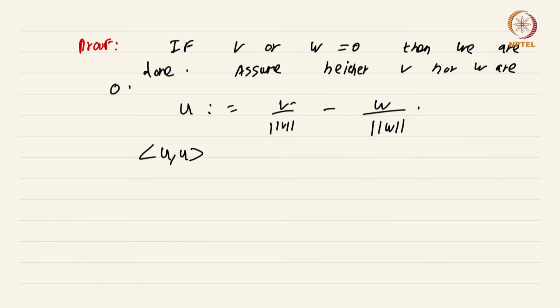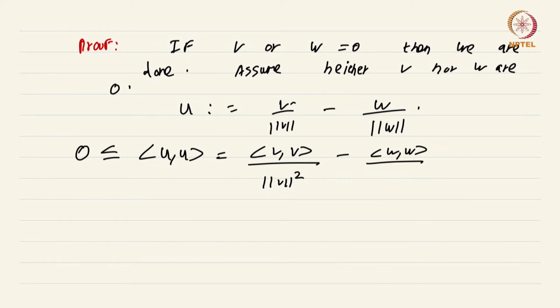Okay, we already know that by the condition that this inner product is positive semi-definite, the inner product of U with itself is greater than or equal to 0, and by the various properties of the inner product, you immediately get that this is equal to V inner product with itself by norm V squared minus W inner product with itself by norm W squared minus 2 inner product V with W by norm V norm W,